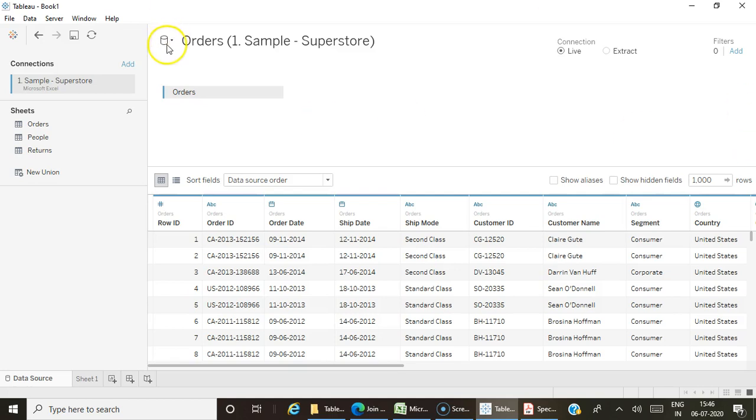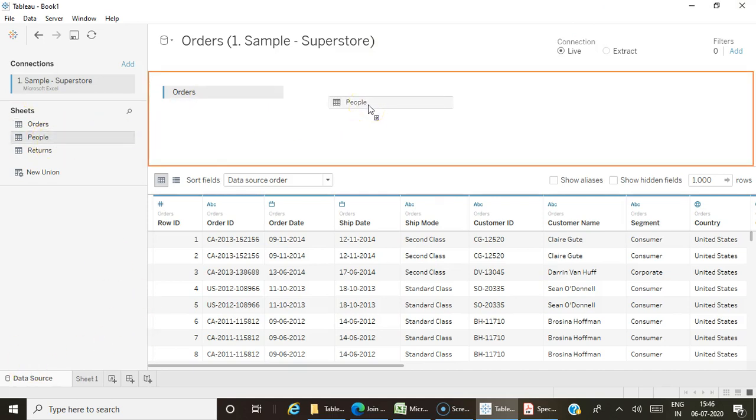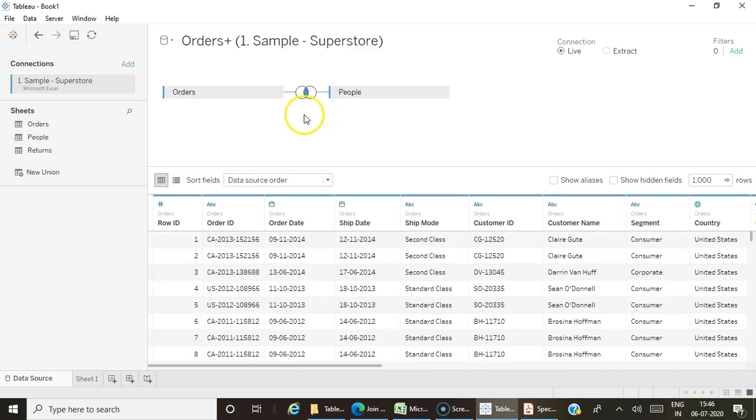For example, now I have pulled the order table. So if I need to bring the people table and if I want to use the column from people table in my visualizations, then I need to join this people table with the order table or any other table which is part of the data source.